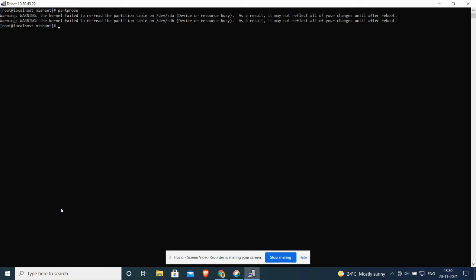Sometimes it gives this warning, which means reboot is required, but actually it is not required. So we will ignore this warning, and partitions have been added and written into the partition table. Now, after doing this, we can format the partitions and we can also mount those partitions. But how to mount and how to format, we'll be seeing in the next video.